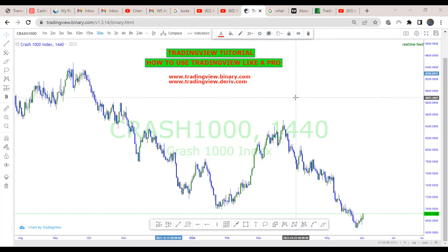Although TradingView was designed primarily for stock traders and investors, because of the diversity of the platform, anyone can make use of it as far as what you are trading is represented by a chart. You can make use of TradingView for your analysis. However,